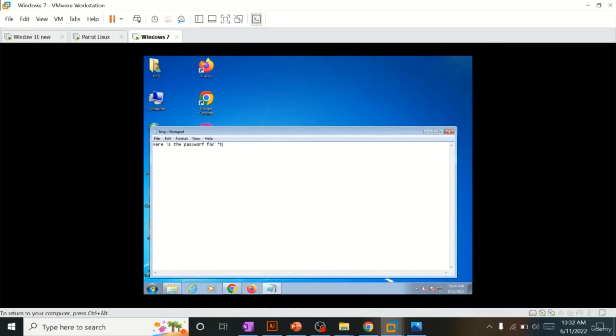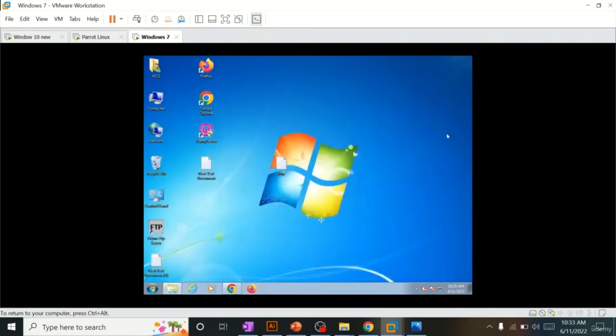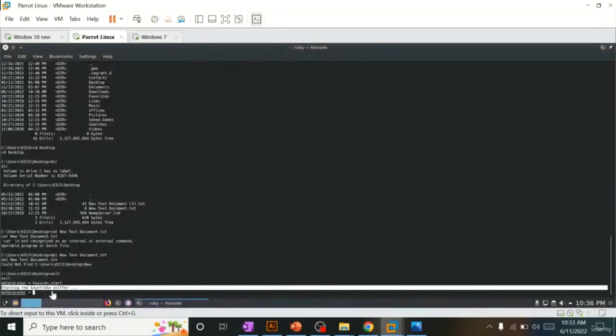the important, and I just type here is the password for FTP server, pass 123, and username for FTP server, something like that, just 123. Okay, I just go there and save it. Now if I quit from here, definitely now the key sniffer has successfully sniffed all the strokes